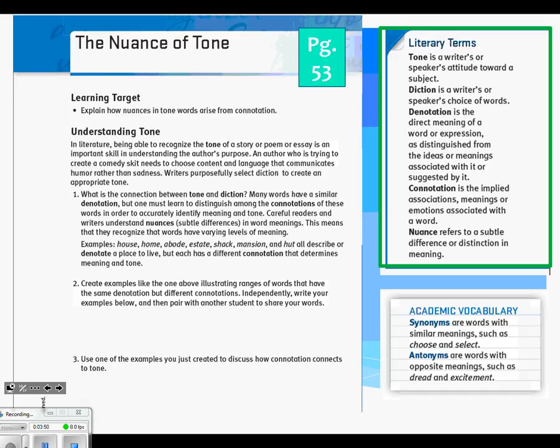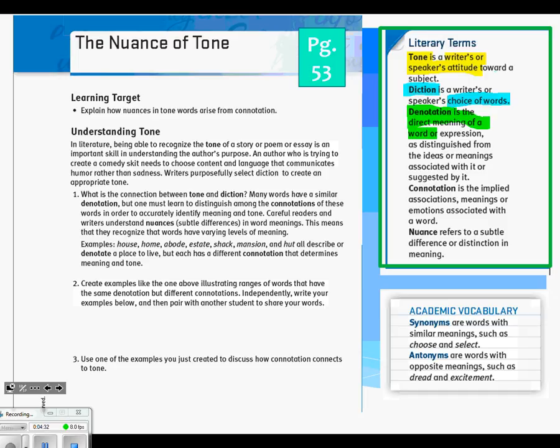So here comes some highlighting, okay? First word that we're looking at is tone. Tone and mood get confused a lot. Mood is your emotion associated with something that you read or saw. Tone is the writer's or the speaker's or the director's attitude about their subject. Okay, second word, diction. You probably learned about this last year. Diction is word choice. Now, the way that tone is conveyed is by the author's use of diction. So the proper word choice is going to get the proper attitude conveyed.